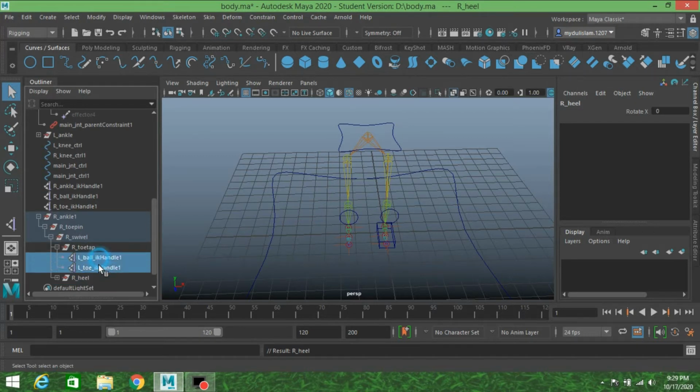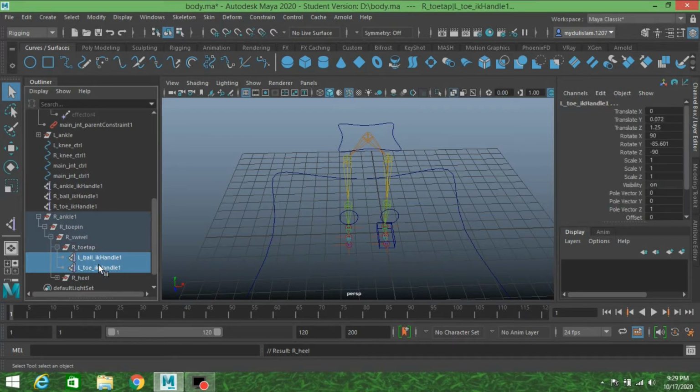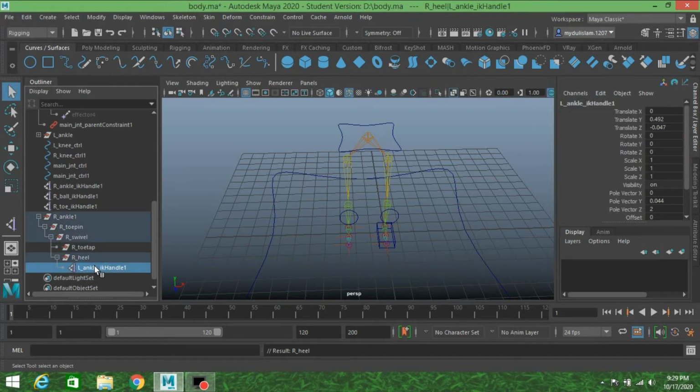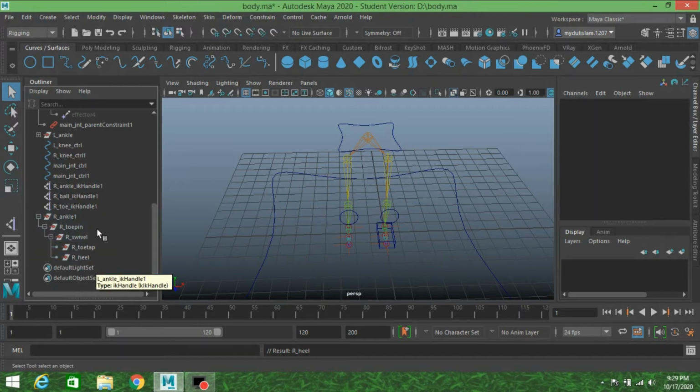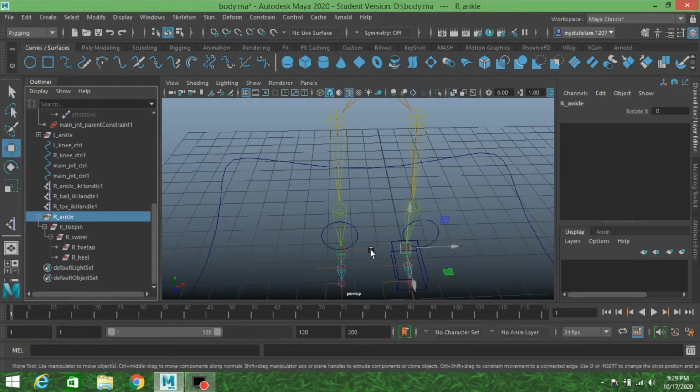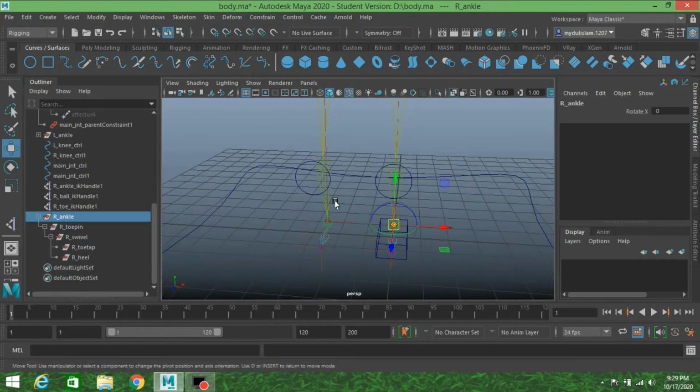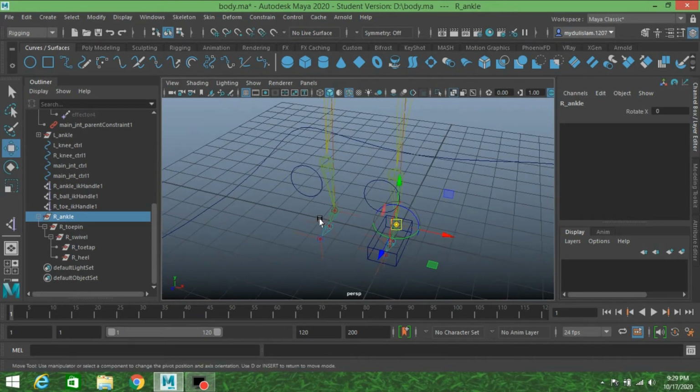Now select this left ball IK handle and toe IK handle, click delete, and left ankle IK handle and delete this. Now select the right IK handle, press D or the Insert key on your keyboard and press V to snap it to the right ankle.